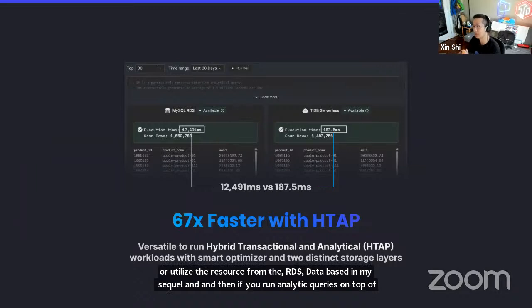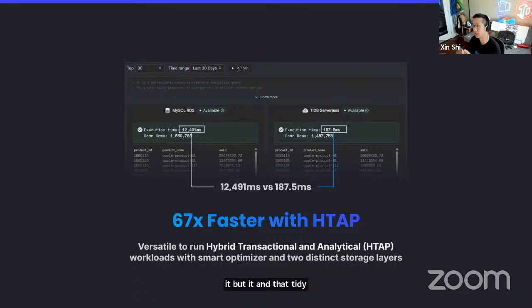TiDB will definitely give you a better performance. There's a 60-something times better performance than the RDS single database. So we do have other kind of benchmarking results. Definitely check it out by yourself later. So we will put a link of the benchmark later in this slides. You can give it a try. So next